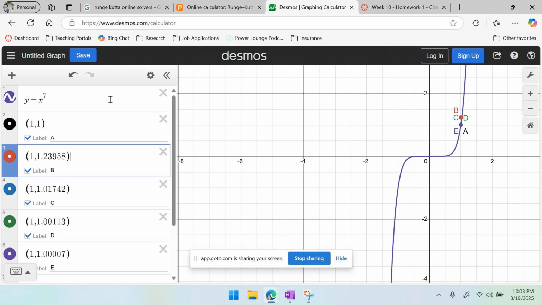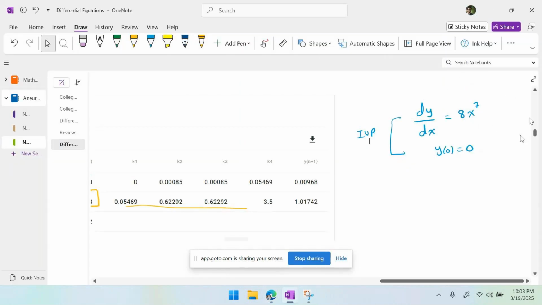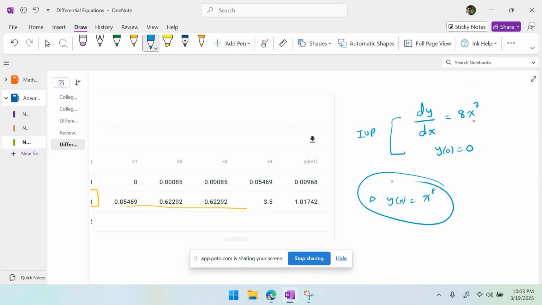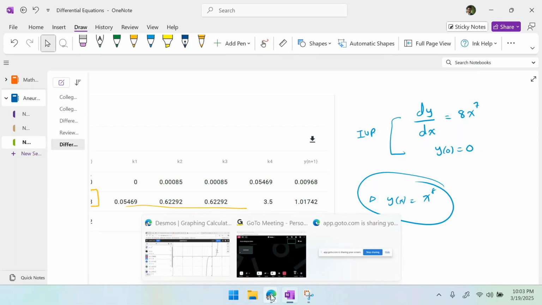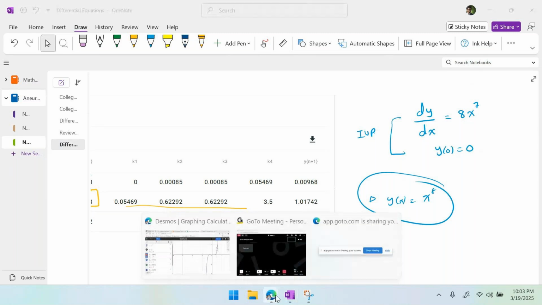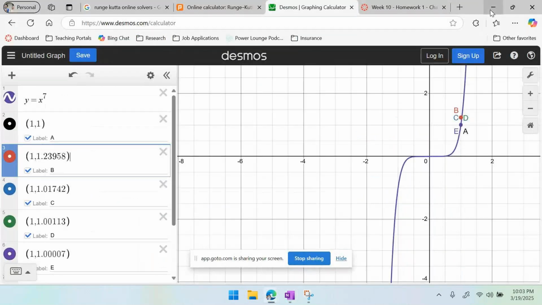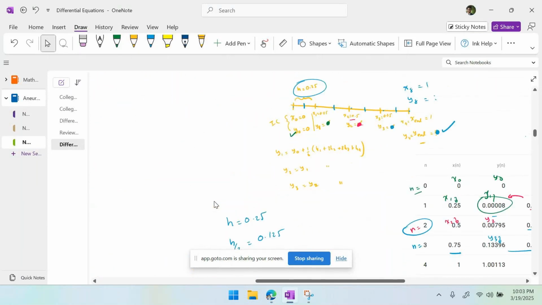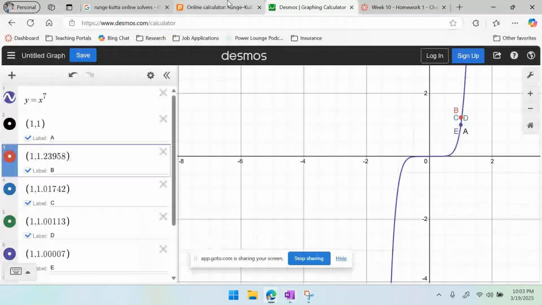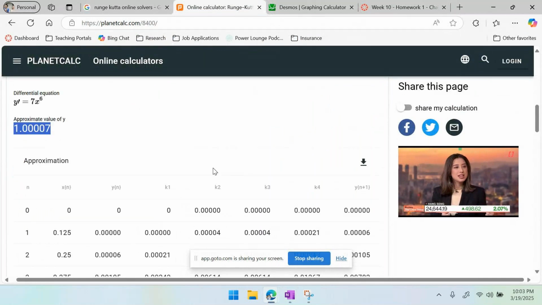So your homework is to do this analysis for the function, for this initial value problem. Now actually the answer is going to be y(x) = x^8. So draw this graph in Desmos. Start with that. You will have a graph on Desmos, and then for all these step sizes that we worked with, step size h equals 1, do the Runge Kutta method using this online tool and calculate y1,